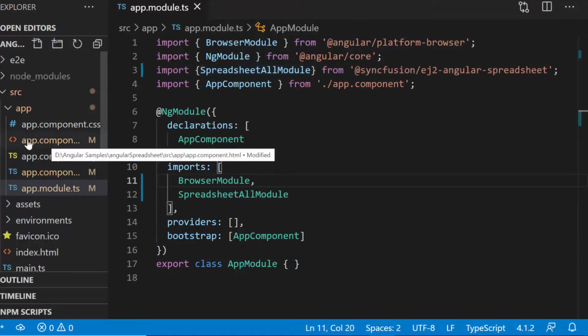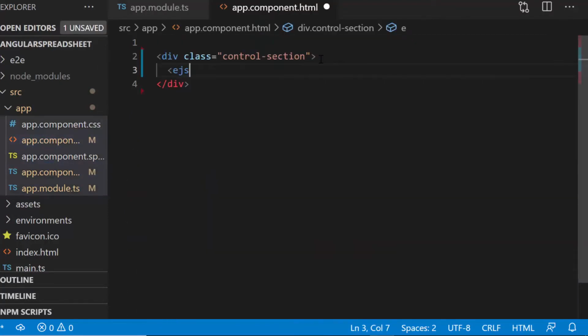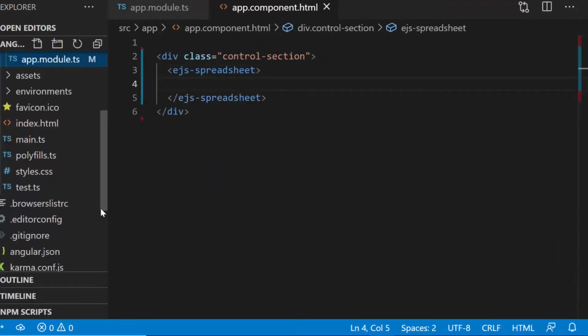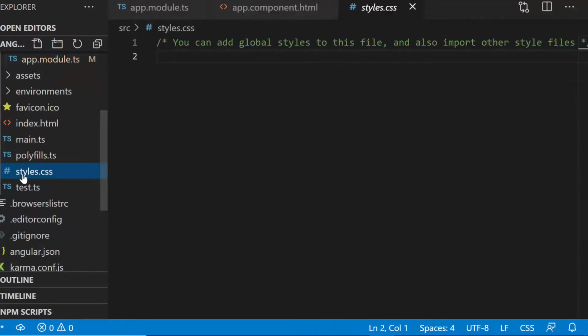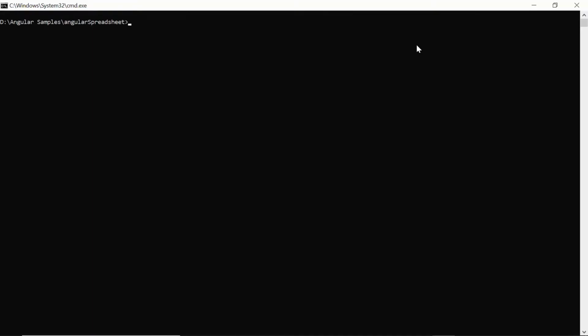Next, let me make changes in app.component.html file by replacing its default content with the Angular spreadsheet code. Also, I need to define CSS for spreadsheet. So, within the style.css file, I will import the material theme. Now, I will run this application using this command ng serve.